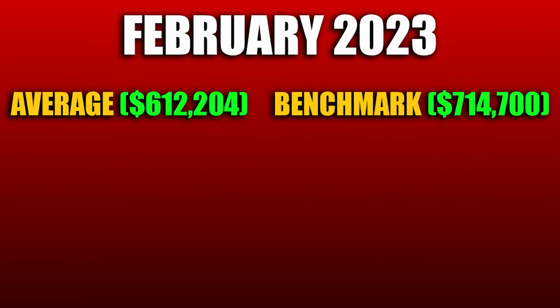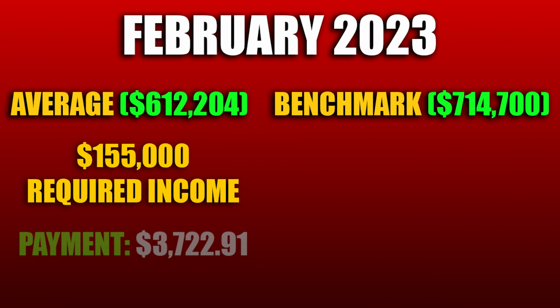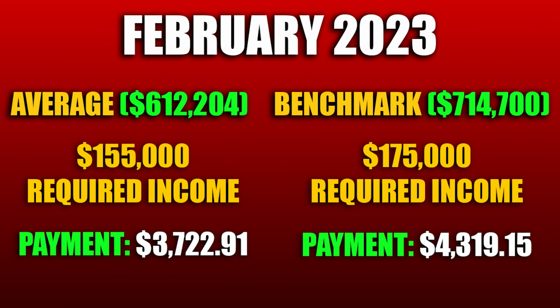So borrowers had to qualify at 7.69. If we use that 5.69 rate and qualify at 7.69, back in January, borrowers had to earn $155,000 to get that average priced home with a payment of $3,722, and they had to earn $175,000 to buy the benchmark home with a payment of